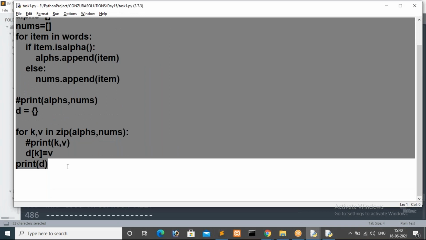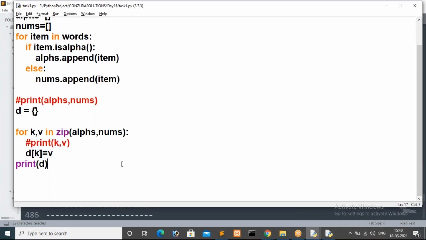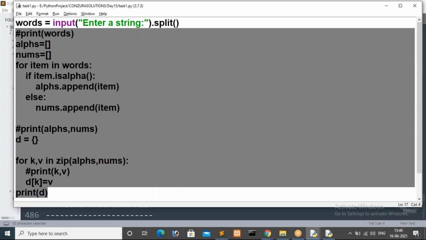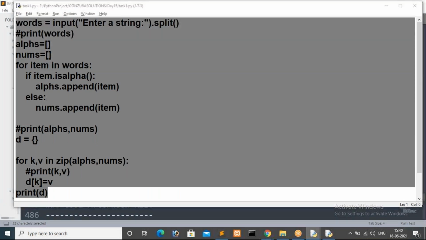Okay, only Sudarshan says clear. Then what about the rest of the others? For your clarity, I will forward this logic in the chat box. If you are practicing along with me, you just go to that.